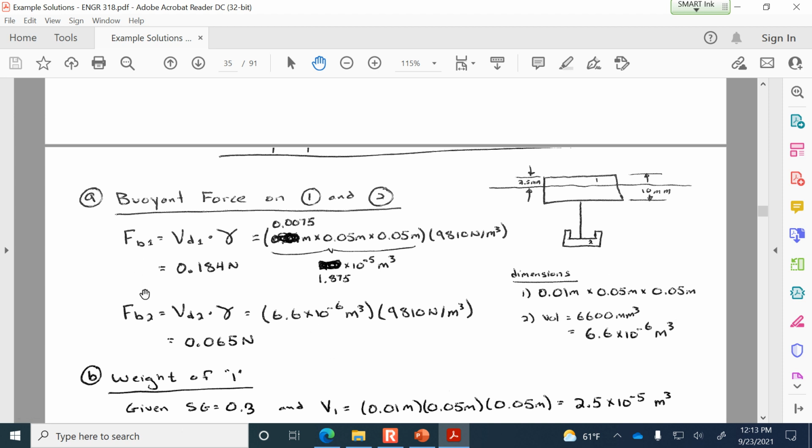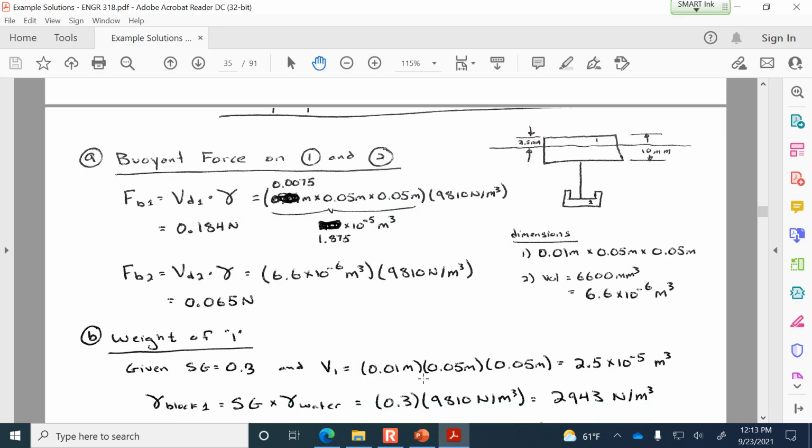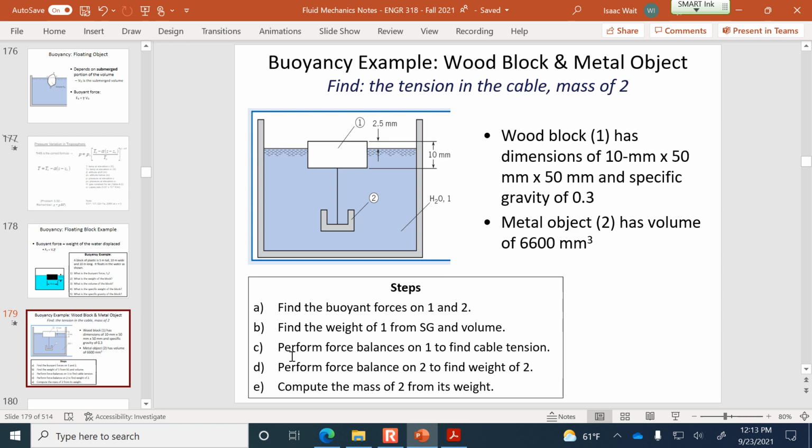So we know both of the buoyant forces, and now the weight of object 1. So what it initially gave us was a description of object 1's specific gravity and its overall volume. So the weight of the object doesn't depend just on the submerged volume, but the overall volume. So here you can see V1. I'm not talking about the volume displaced. I'm talking about the full volume of the object. So we can find the weight of object 1,